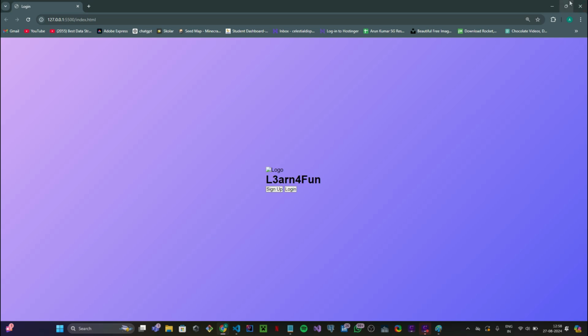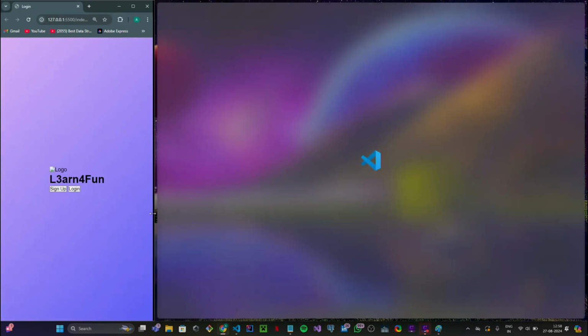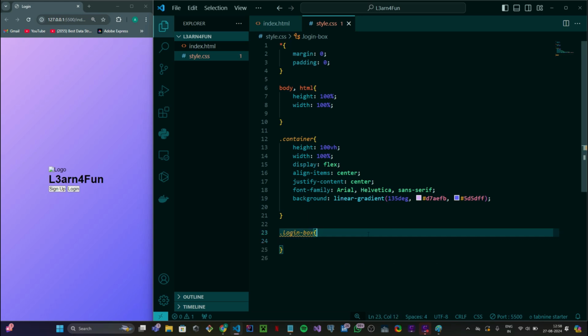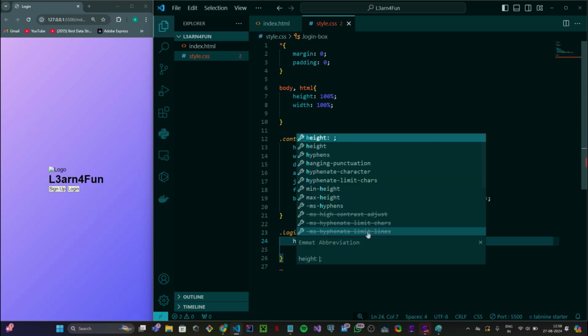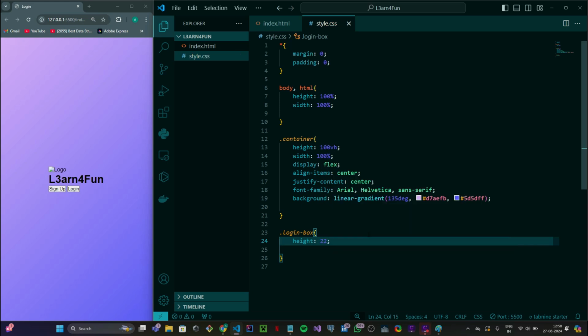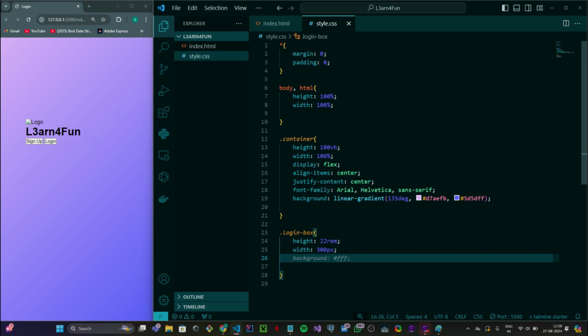For that, let's just minimize it. Next we'll be designing the login box. We'll be setting a height for this as 22 rem. Height will be 22 rem. Width will be 300 pixels. Right now you guys might not see, but background